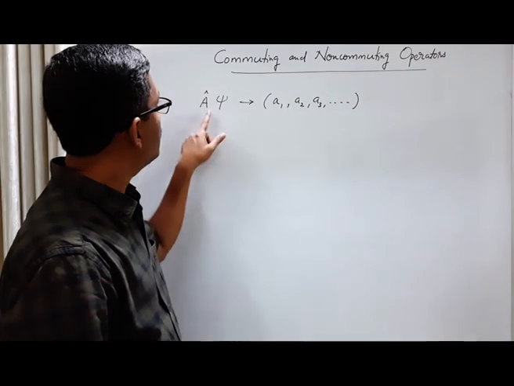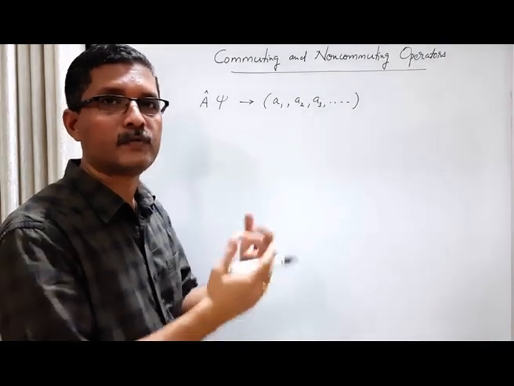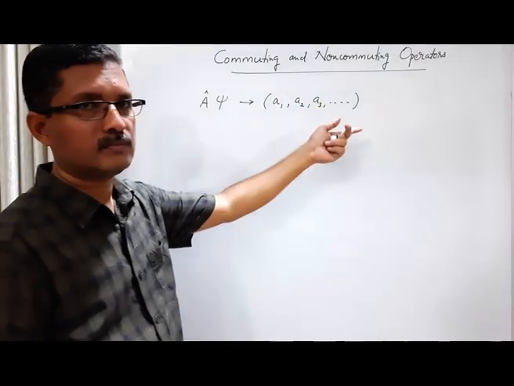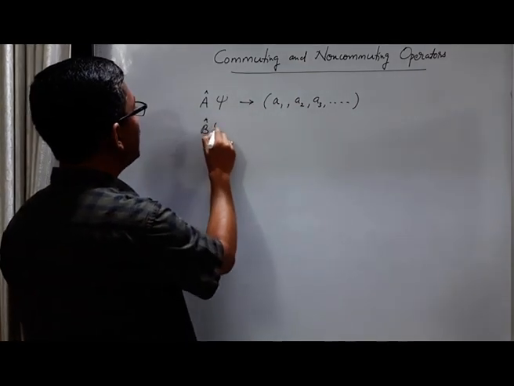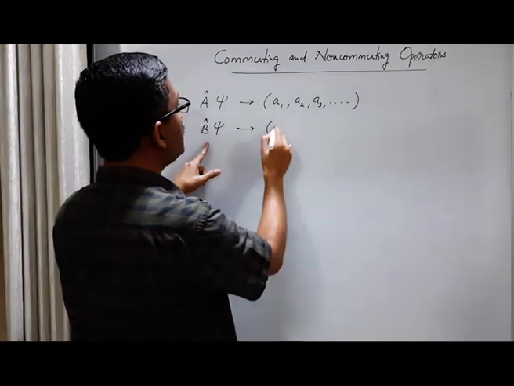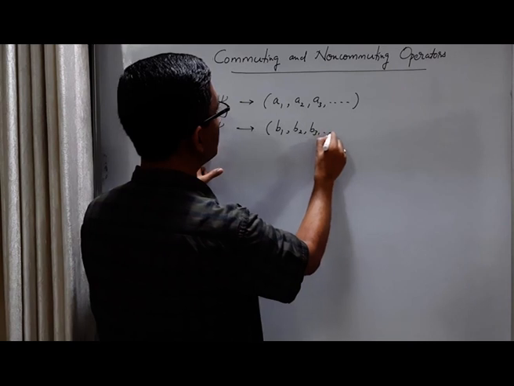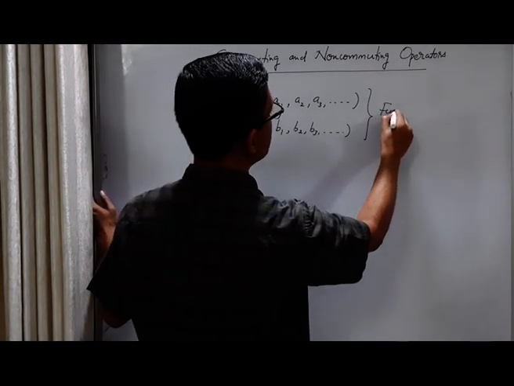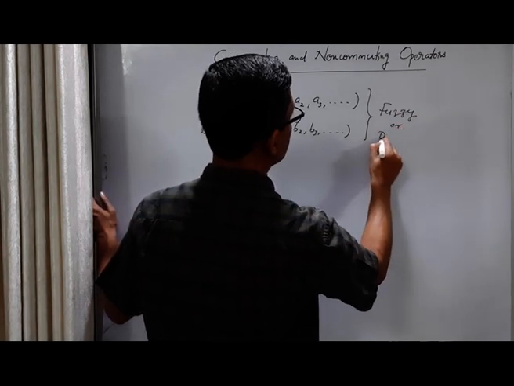In other words, we say that the physical quantity A is fuzzy or dispersed. Each trial gives a different eigenvalue. Then what about B? Again, psi is not an eigenstate of operator B, it's a general state. So each trial gives a different eigenvalue of the operator B. So we say that both A and B are fuzzy or dispersed.